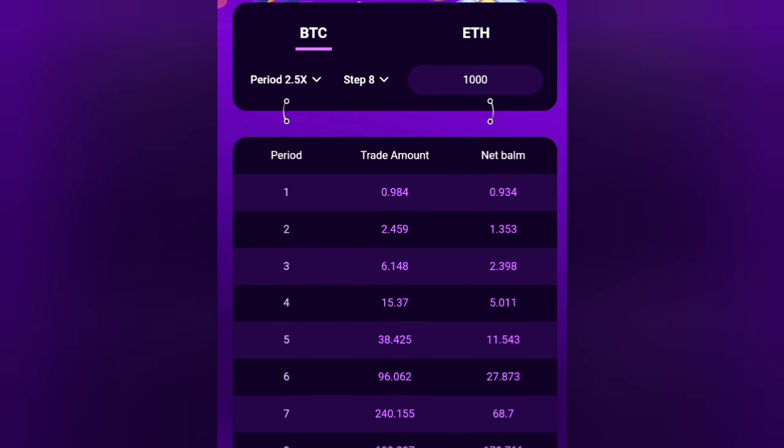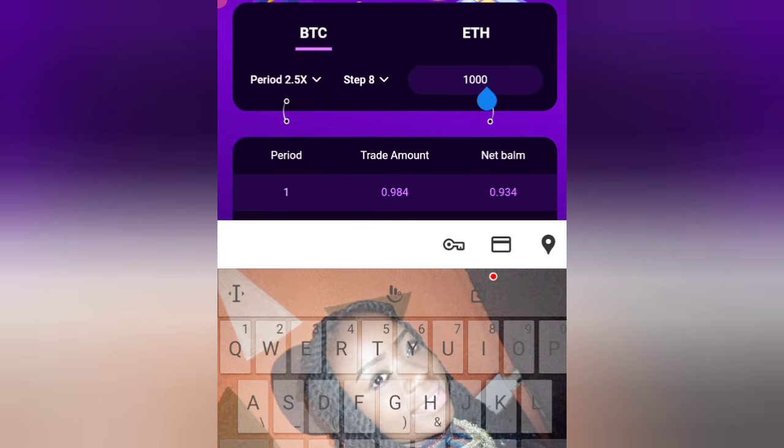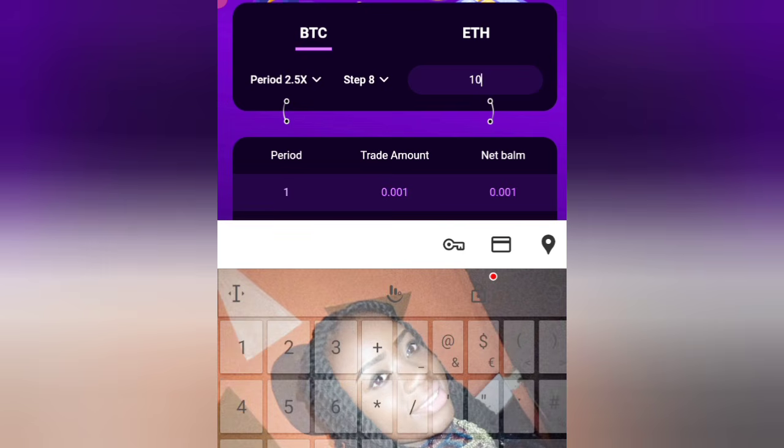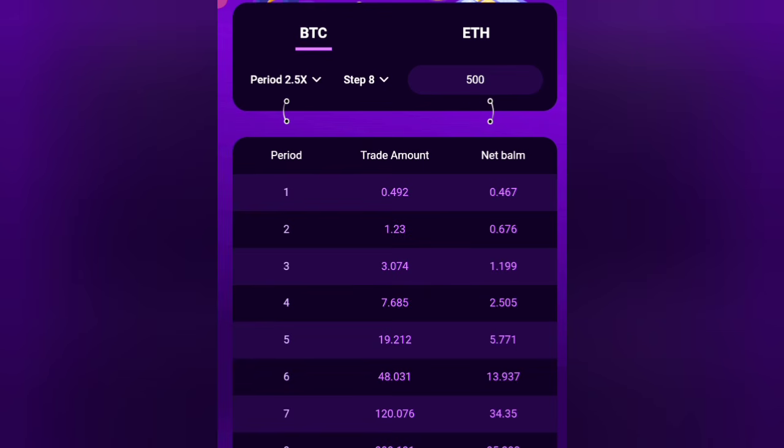So based on the amount you have in your balance, if it is $1,000, you enter it here where you are seeing these blue dots. If it is $10, just put $10 there. If it is $500, put $500 there. Any amount you are trading with, put it here. And automatically, the moment you enter the amount here, the calculator will analyze